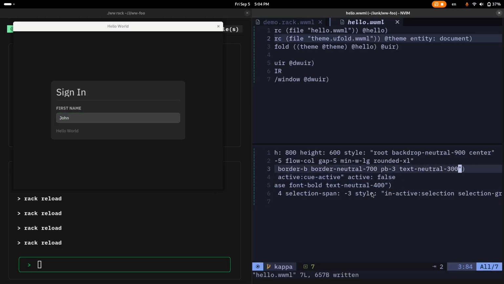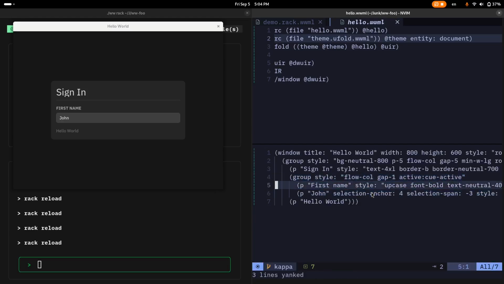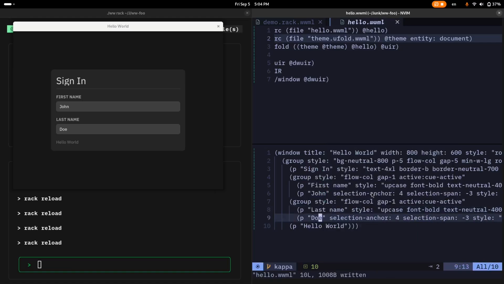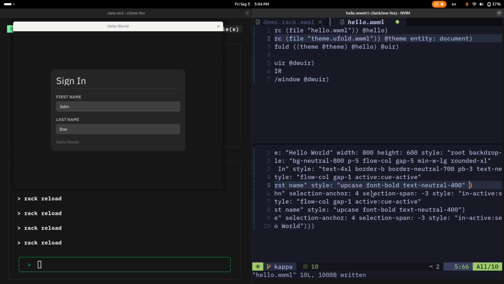So yeah, you can see that we can do this stuff. Now we can also copy this and paste this like so. Let's do last name here will be Doe, and you can see we've got, let's make this one active here. Now queues are fairly